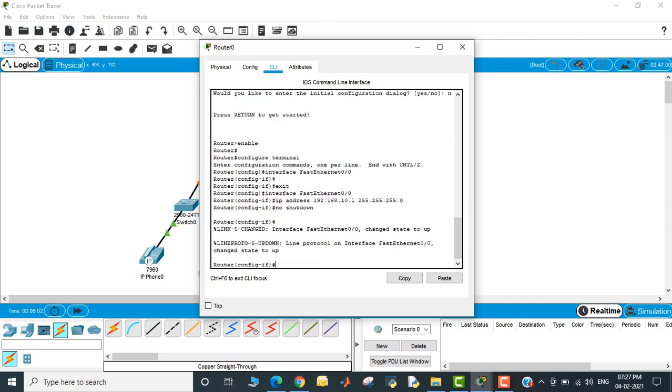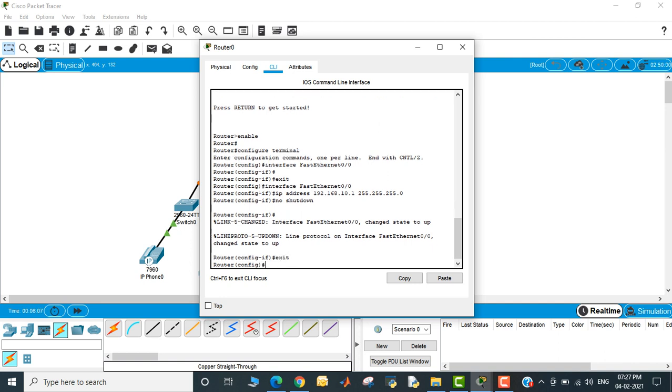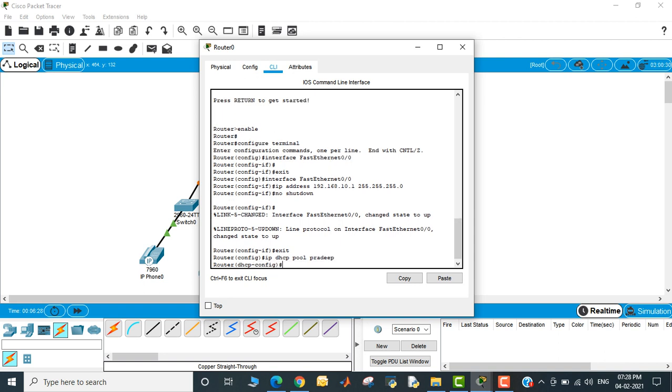Now I'm going to set up DHCP. For this, exit, and in the router configuration use ip dhcp pool. Here I'm taking my name as the pool name.